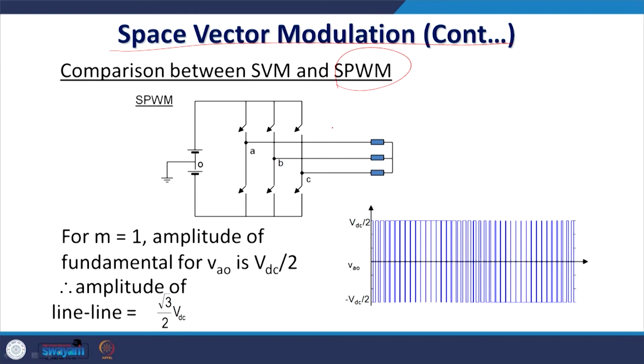One aspect is that sine triangle PWM, that is the sine PWM, is simple to implement. We can implement this sine triangle PWM very easily. There is no computational burden every time you require to calculate the timing of the switching. That requires a processor, and digital programming is required in the digital domain. This complexity burden is more in case of this